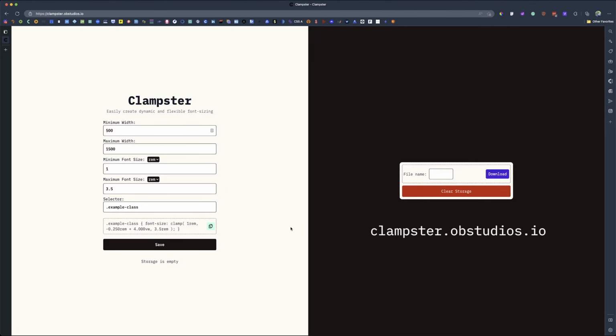Alright, so when you visit the website, clampster.obstudios.io, this will be the first thing that you're going to encounter. That is, if this is your first time. So you're going to see that there are already predefined input font sizes over here, 500, 1500, and then you have your clamp function generated here. I'm just going to take you through